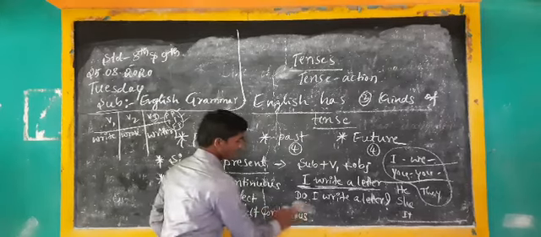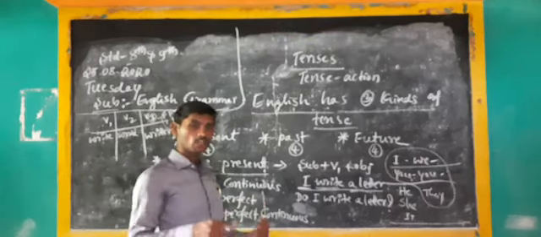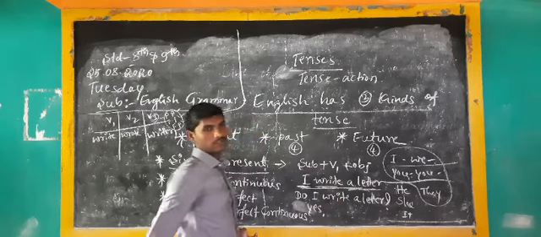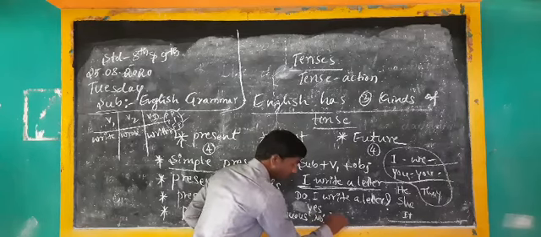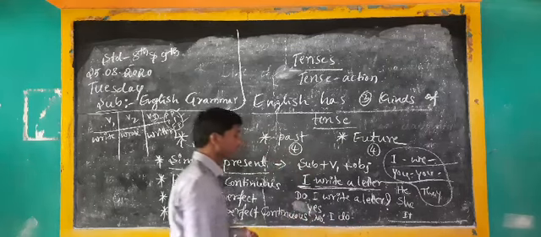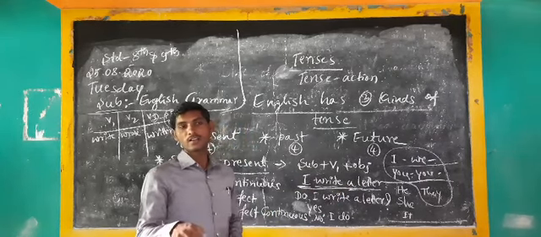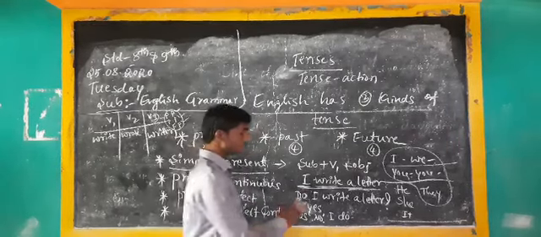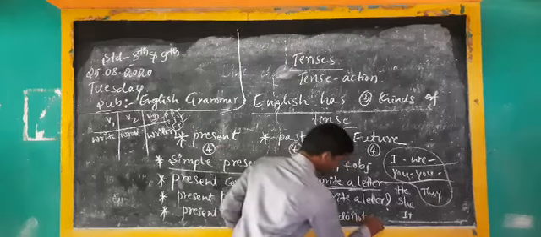So just understand, do I write a letter? That is your liking. If you are ready to write a letter, you can say yes. Yes, I write a letter. If you are not ready to write a letter, then no. No, I don't. Here the sentence is again changed. Why? Because yes means you have already agreed to that action in that situation. But when you say no, at that time you should use not. After that, do. I do not write a letter.